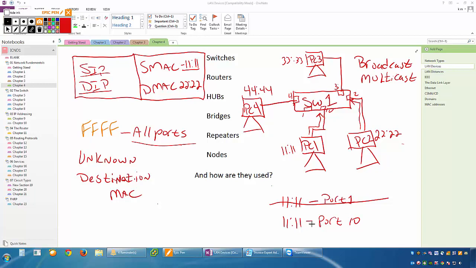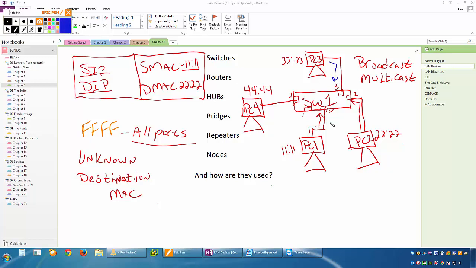And this is constantly happening. So that gives you the ability to plug in devices anytime you want. The switch will do its job. He will record that MAC address. Now, based on the fact that I'm plugged into switch port 10, anytime PC 3 needs to communicate with PC 1, that data comes into